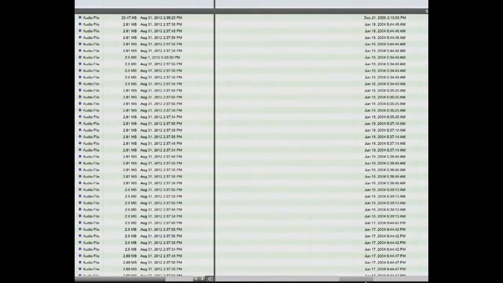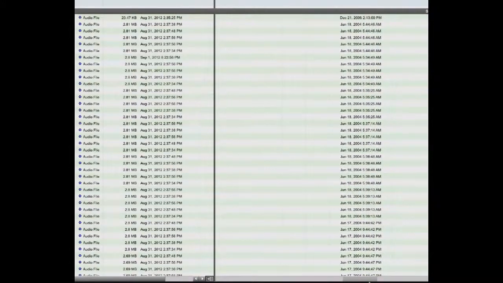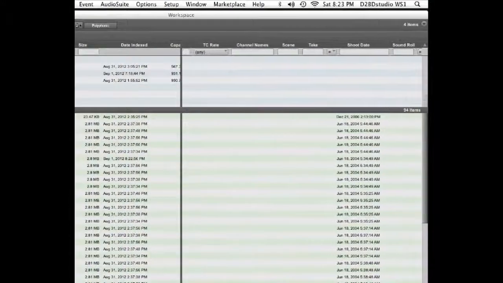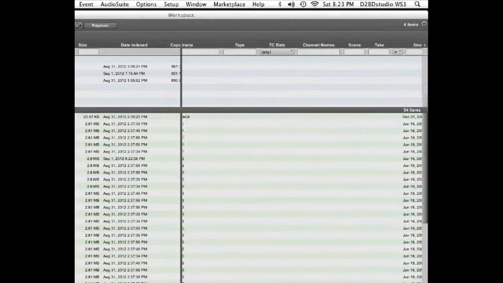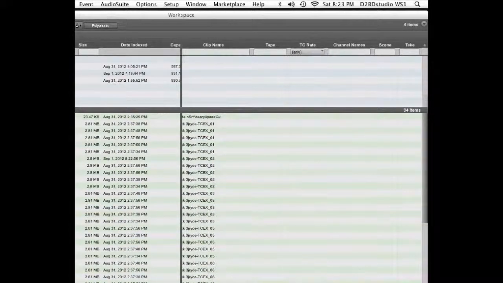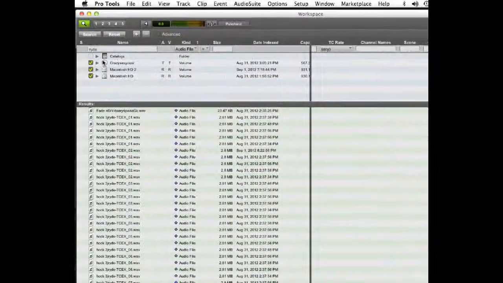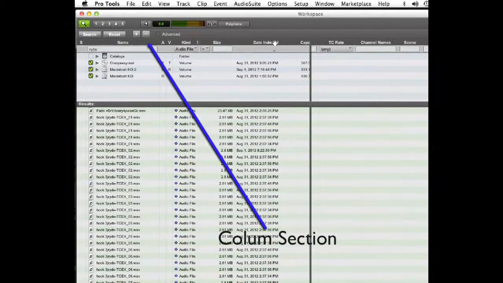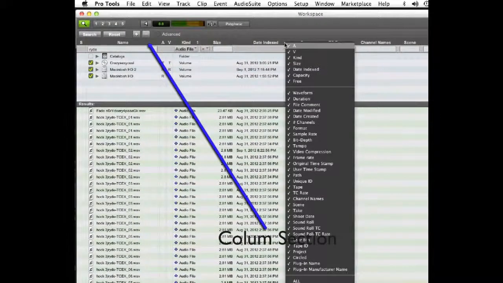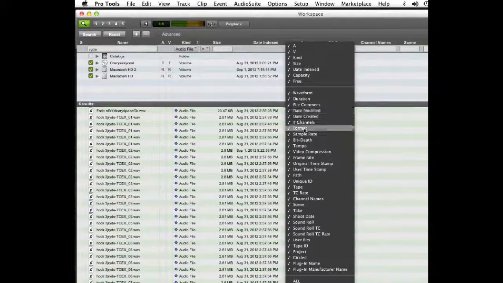Some of these we're not using for this session, so we can take them off. Now, depending on the type of work you're doing, you may definitely use these functions, no question about it. You might have a shoot date if you're doing something for post-production where you need to input that metadata information and so forth. If you go to your column section up here and right click, we are able to uncheck